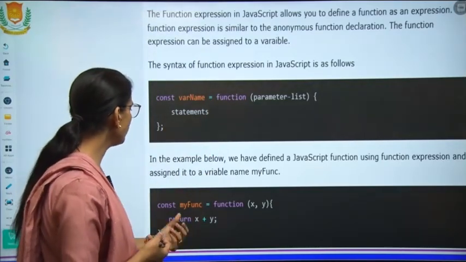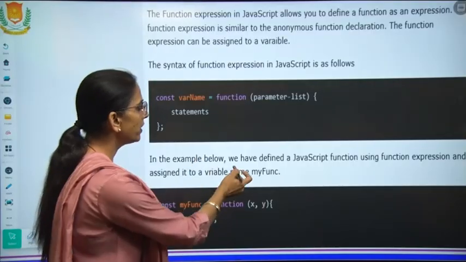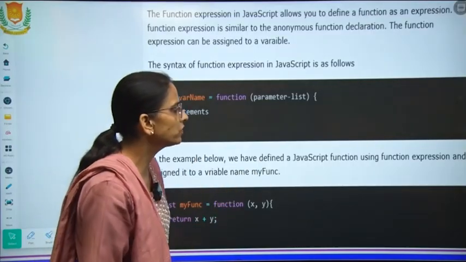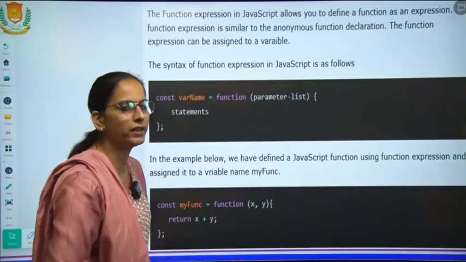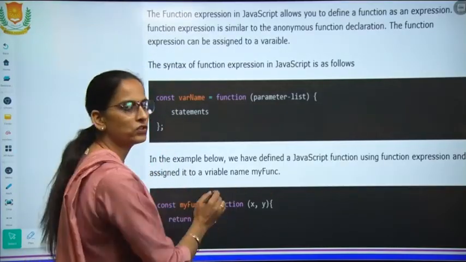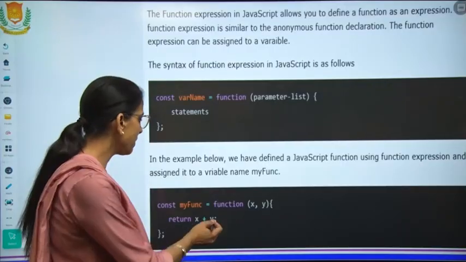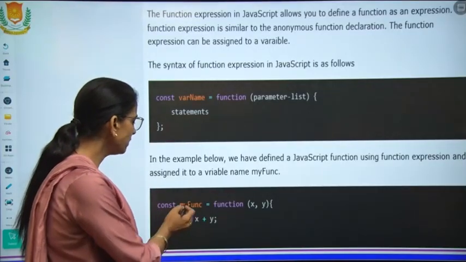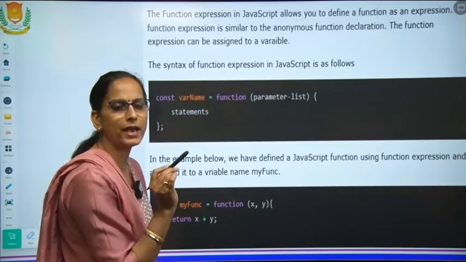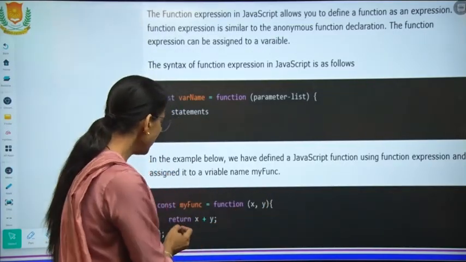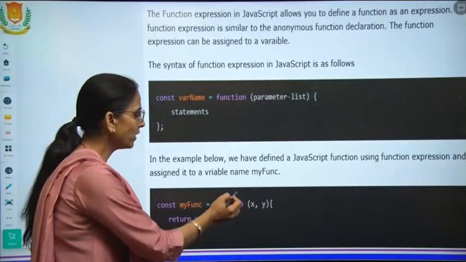In the above example, we have defined a JavaScript function using a function expression and assigned it to a variable named myFunction. Name of the function is myFunction, constant myFunction.